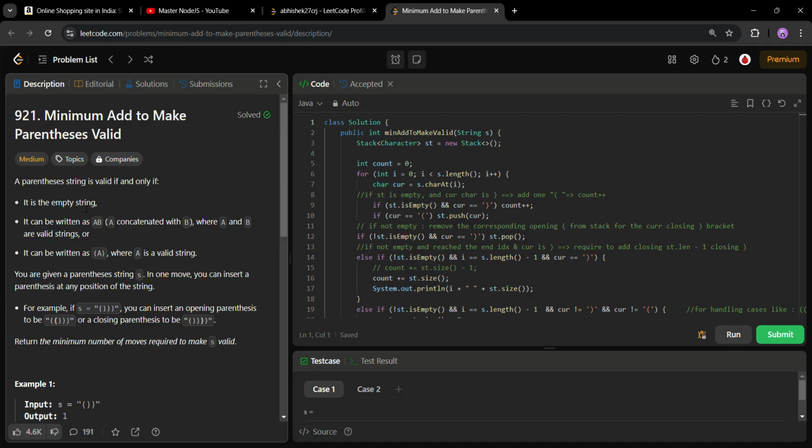Hi everyone. So today I'm going to solve this question. The question is named Minimum Add to Make the Parentheses Valid. Okay, so what we are given is this